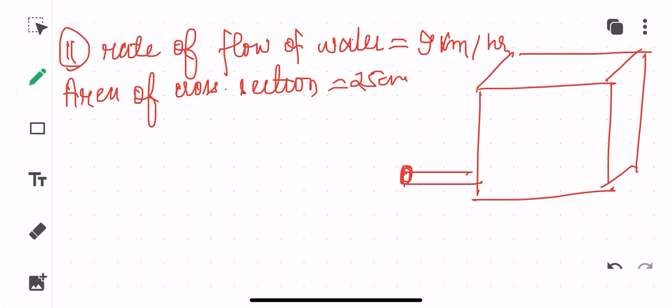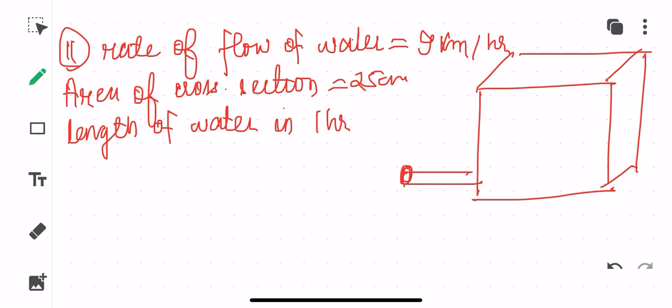And then how much water has flown through it, how are you going to find out? You are going to find out through the time which is there. Okay, so what you will be writing down, length of water is equal to how much, children? Length of water in, what is the time given, children? 1 hour and 15 minutes, sorry. Okay, so 1 hour and 15 minutes is equal to how much, children? This will be equal to 1 into 15 upon 60 hours.